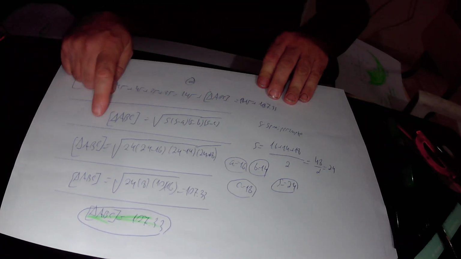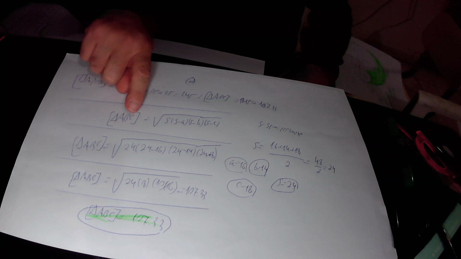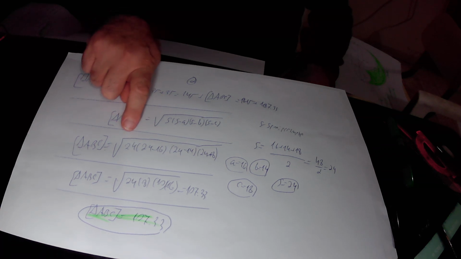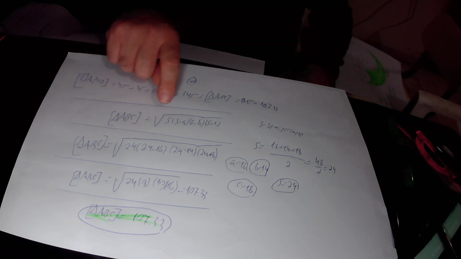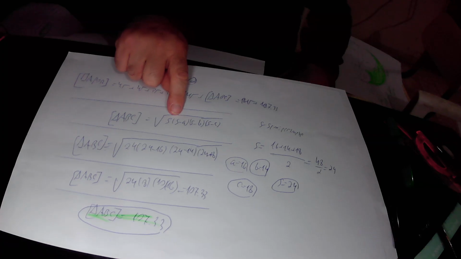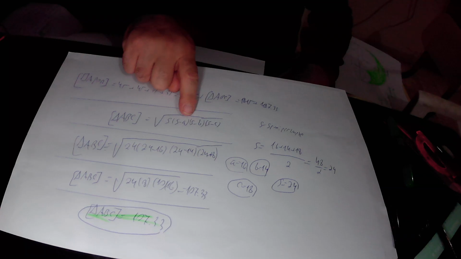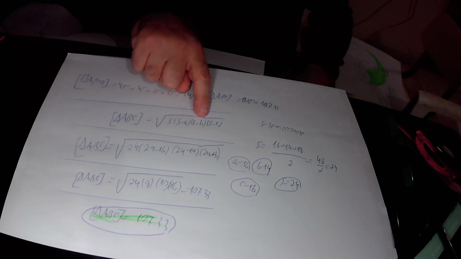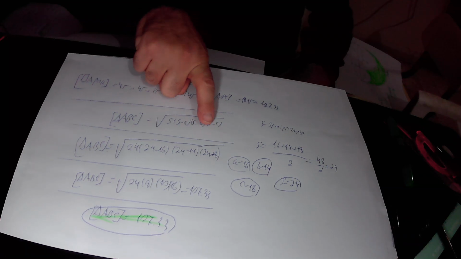So we did it, and we found out that the area of triangle ABC equals S, that is the semi-perimeter, that is 24, times S minus A. S minus A is 24 minus 16, times S minus B. S minus B is 24 minus 14, times S minus C. S minus C is 24 minus